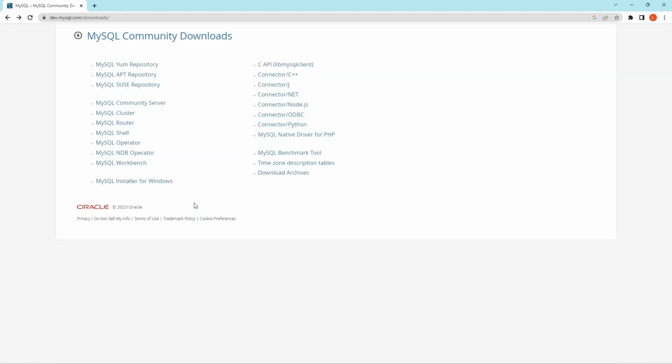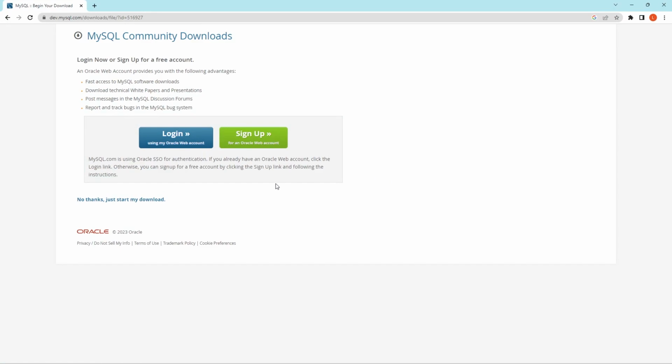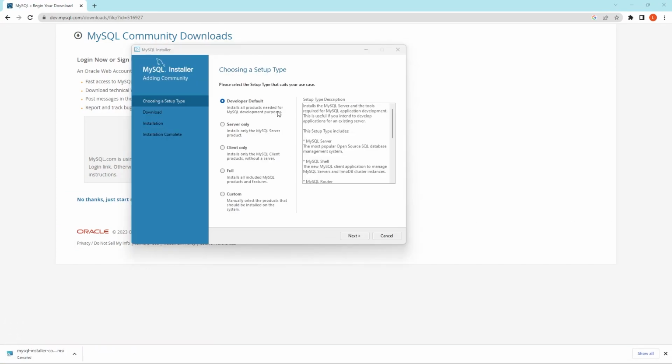And for Windows users, we can install the MySQL Installer for Windows, and then choose the MySQL Installer Community, download, and then we can skip the Oracle account and just start the download. Now that it's finished downloading, we can open it, and then right here we can just install the developer default,